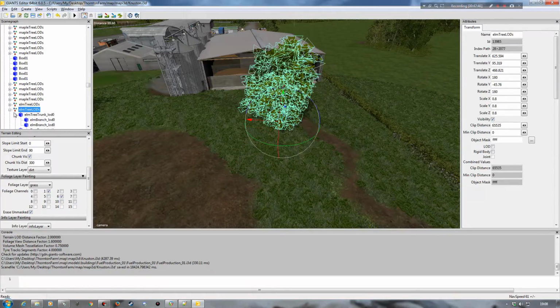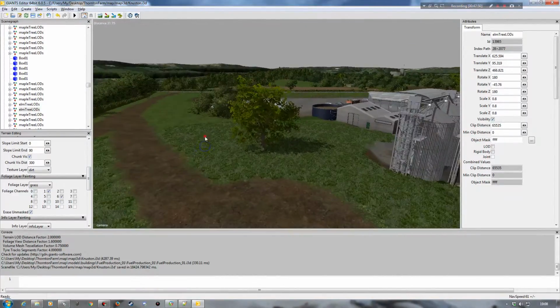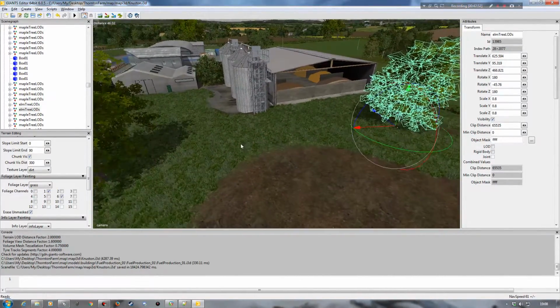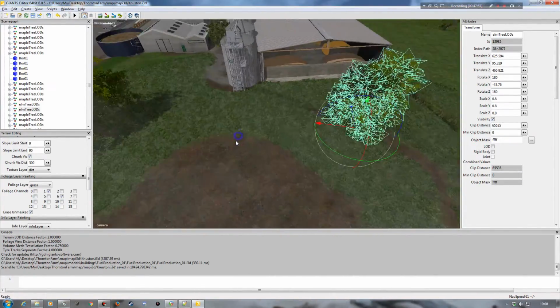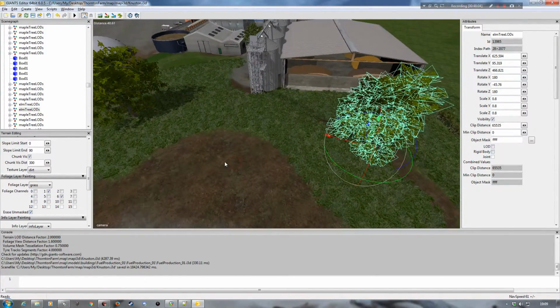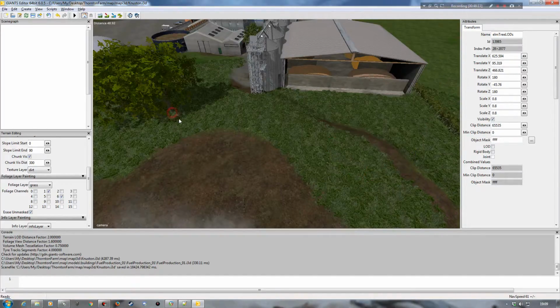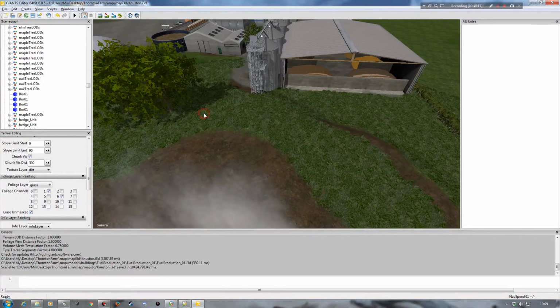So if I click back on my elm tree here, what I'm going to do is use the interactive placement tool, but then try and make copies of the tree, so I don't have to make individual copies and drag them across. The way I do this is to press Control B on my keyboard, but hold my left control key down, and then when I place it on the map like so, I can just literally,